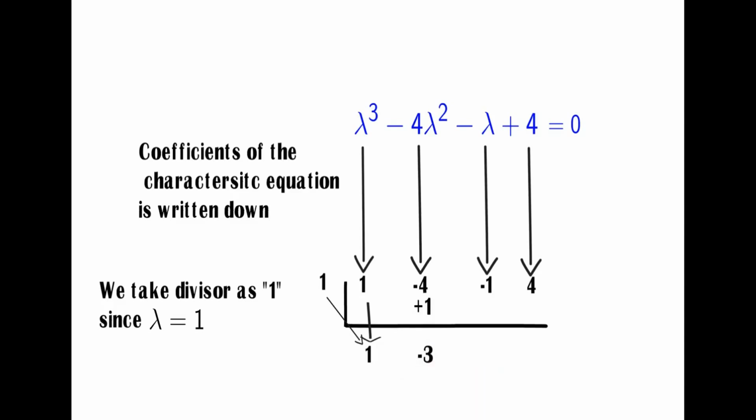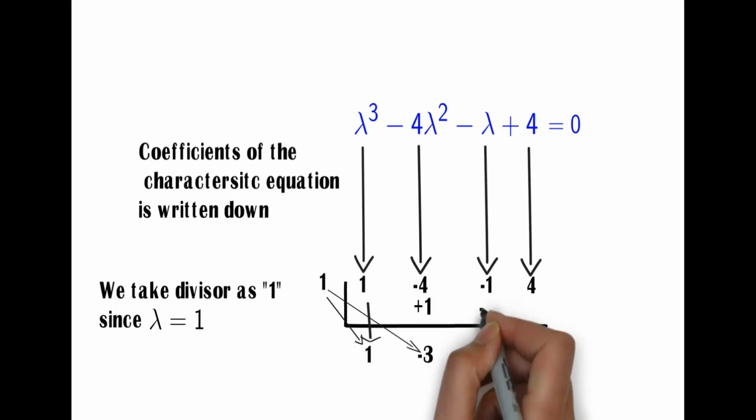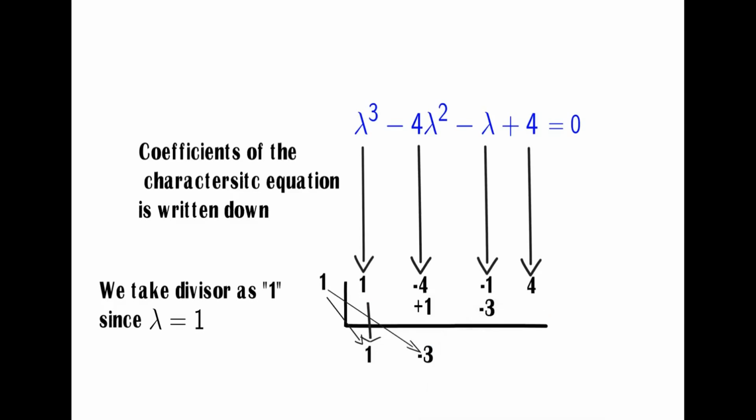Again minus 3 is multiplied with 1, then the result is minus 3, and we write it below minus 1 and add minus 1 and minus 3, we get minus 4,